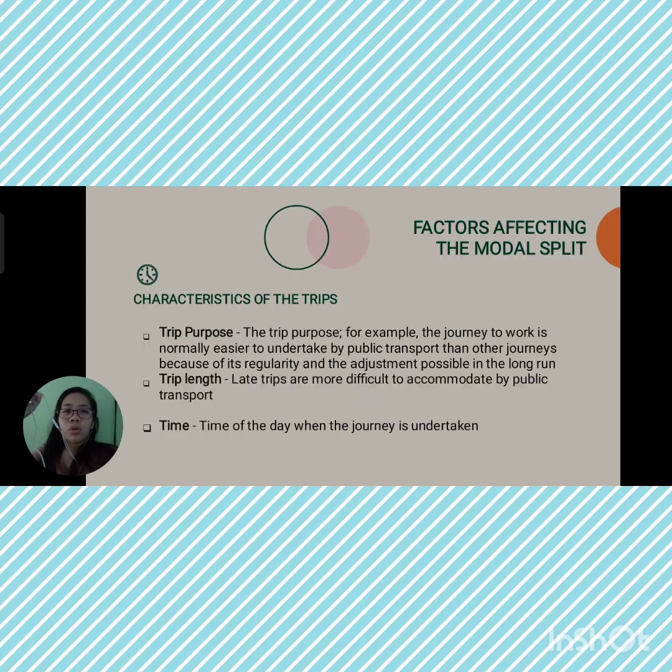Next, ang factors affecting the modal split. Ang first nga maka-affect sa modal split is ang characteristics of the trips. Una, ang trip purpose. Ang purpose sa imong trip, for example, mangadto ka sa imong work and mas prefer nimo ang magsakay sa public transportation kay dili na ka malangay sa traffic kay ang uban nga mga sakyanan sa public transportation naa nay kaugalingong ruta. So mas masayon nimo nga mag-public na lang ka kay dili na ka mag-adto sa national highway. Pareha sa Manila nga ang LRT and MRT pwede nimo magamit nga dili na ka mag-adto